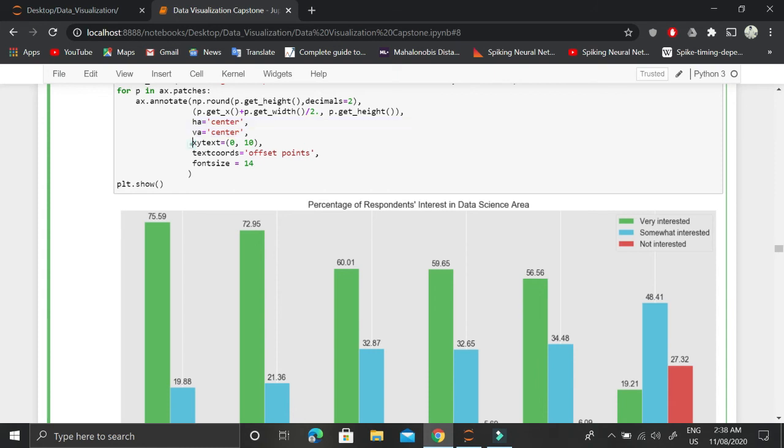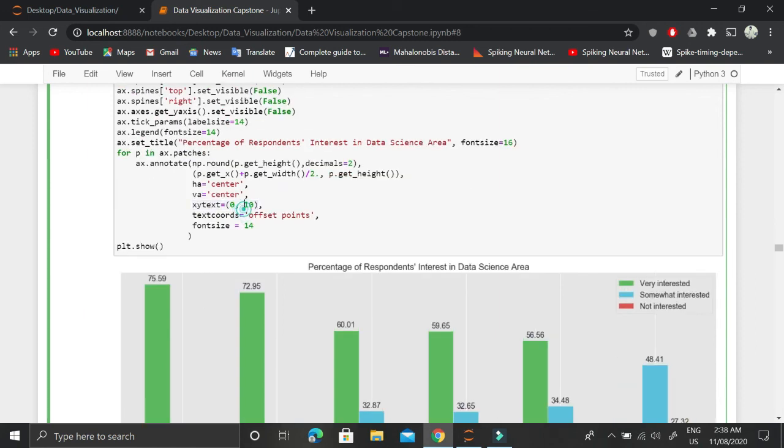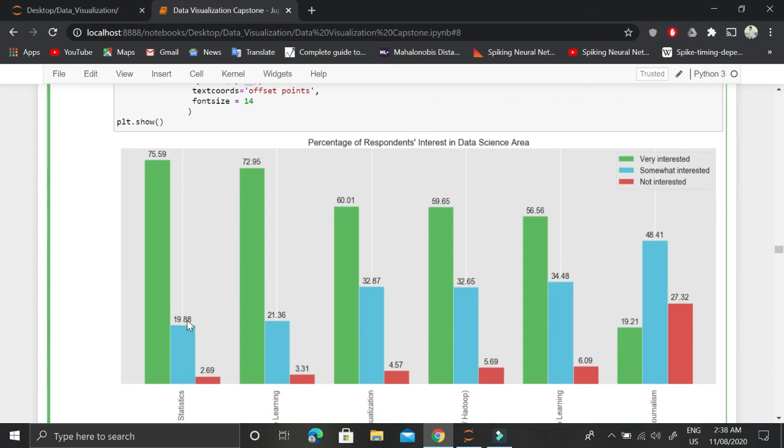Then finally, this xy text is showing that we want the text to be displayed not directly on top of each bar or patch. Instead, we want it a little above in the y-axis from this patch. That's why we are adding this value of 10. So 0, 10 means we don't want to shift the x position, but we do want to shift a bit.